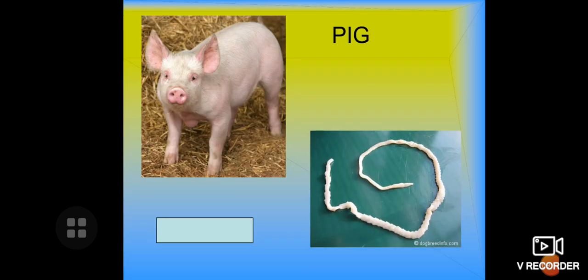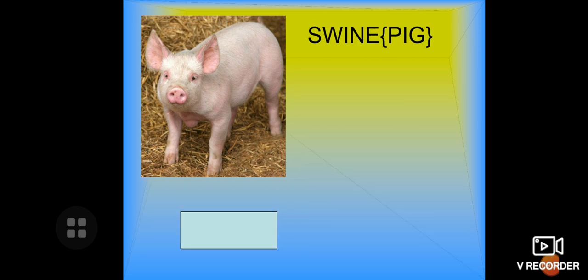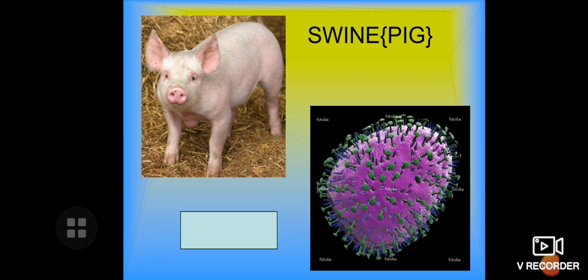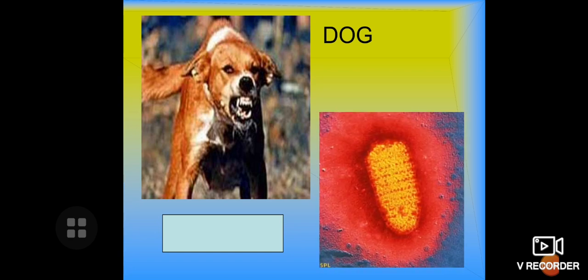Then here with the picture only you can identify that the swine pig is there, and tapeworm is the disease, and here is the H1N1 virus, and that was the previous one, the tapeworm, that is also caused by the pig only, and here the pig is causing the H1N1 virus, that is the swine flu. Then the dog is the carrier for rabies,